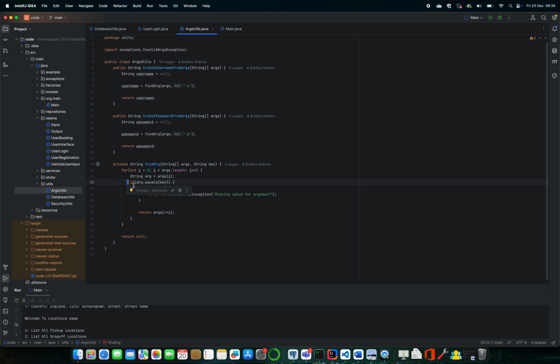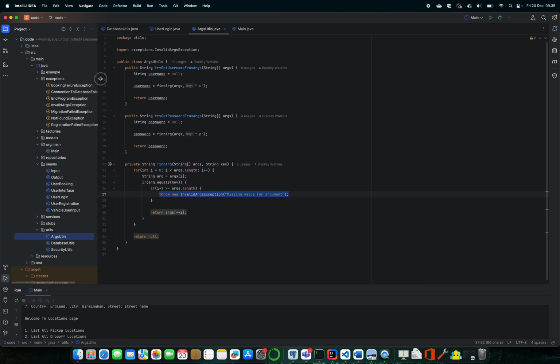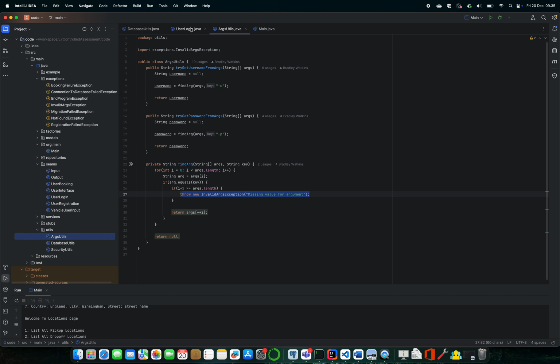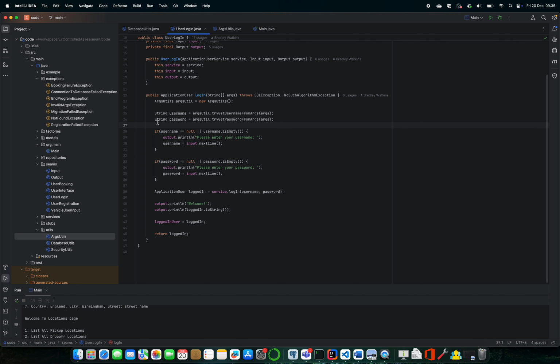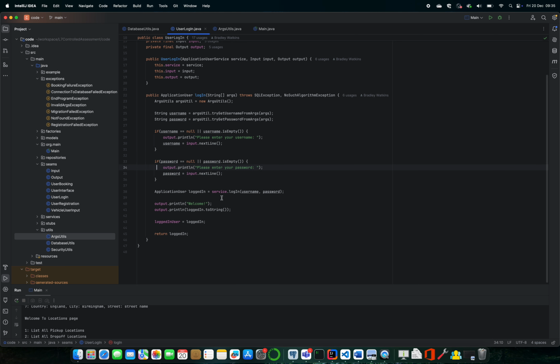And if it finds the key, then it returns the next value. If that doesn't exist, it'll throw an invalid args exception. We created a couple of explicit exceptions so that we can catch these. If they don't exist, we will get it from the user input, and then we'll attempt to log in through